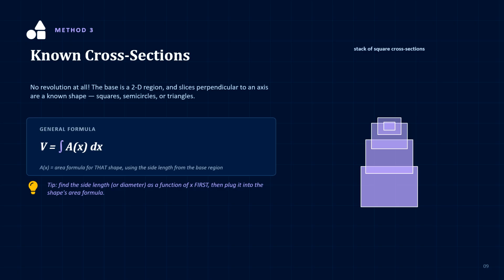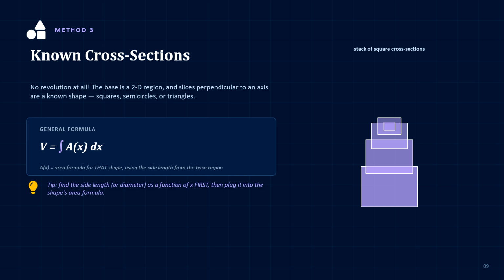The third method is different from the first two because there's no revolution at all. Instead, we're told the base of the solid is some flat region, and every cross-section perpendicular to an axis is a specific known shape like a square or semicircle,